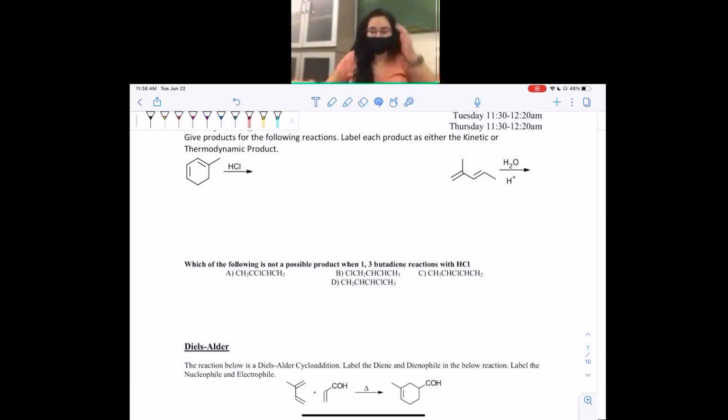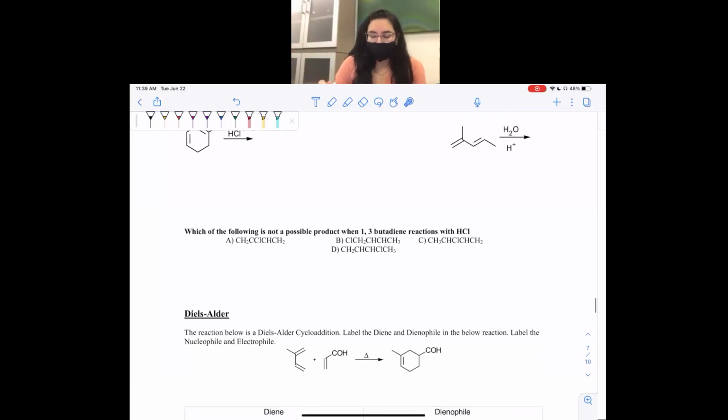So to refresh what we did last time, we are going to look at these examples, and I'm going to save this and this for the exam review, so we're not seeing the same thing 100 times, but it's essentially the same type of reaction where the double bond attacks, double bond attacks. But what I do want to do with you